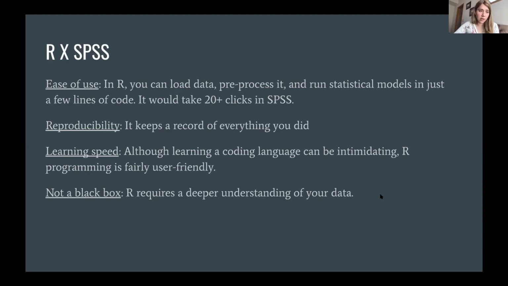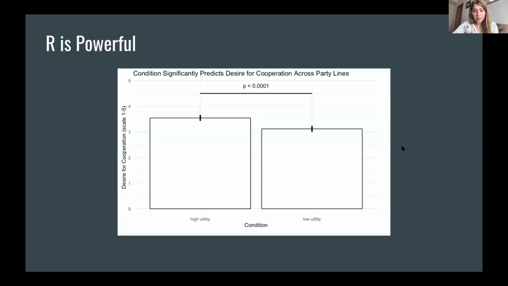And I don't know if there's a bullet point here, but I think it speaks to the flexibility of R as well. You can do way more things in R than you can do in SPSS. Like we said, things like natural language processing would be hard for you to do in SPSS.